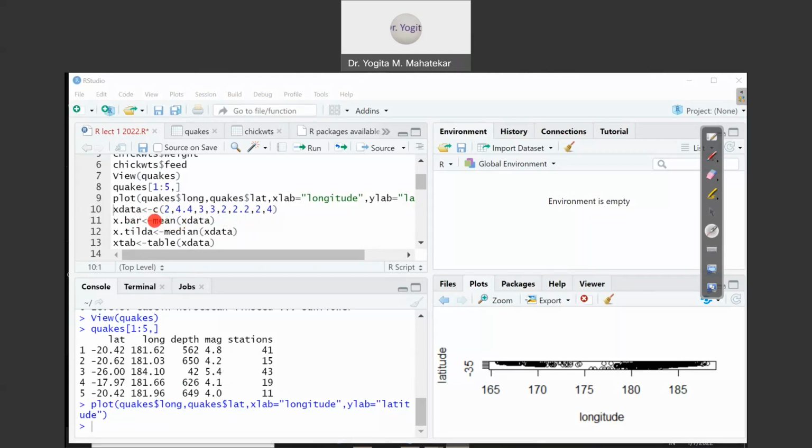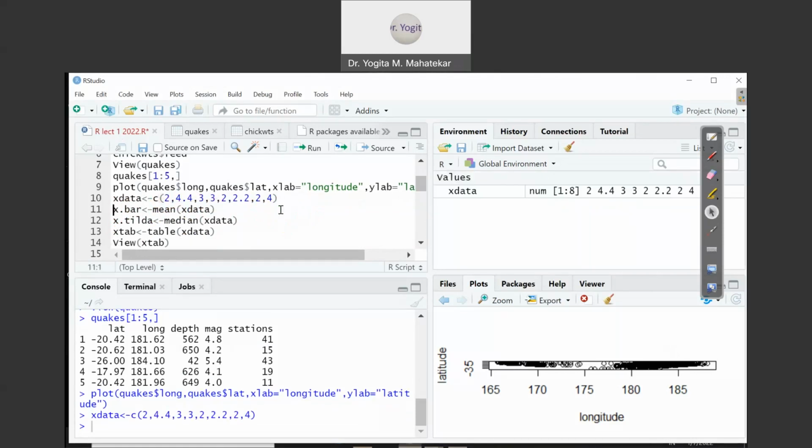That you can do with the command c. So c, and you write down all the figures available to you in the numerical data inside the round bracket in front of c, and you just give a name to that data. So I am giving the name x data. When I compile this command on line number 10, I go to line number 10, press Ctrl plus Enter. Now you can see in the environment window how many numbers are there in the given list. So x data is a list of 8 numbers from 1 to 8. Here it is displayed. Let us go ahead.